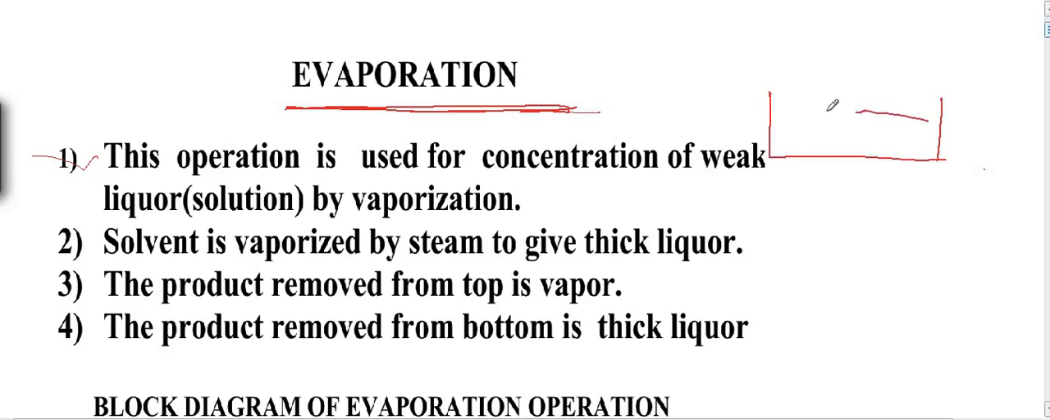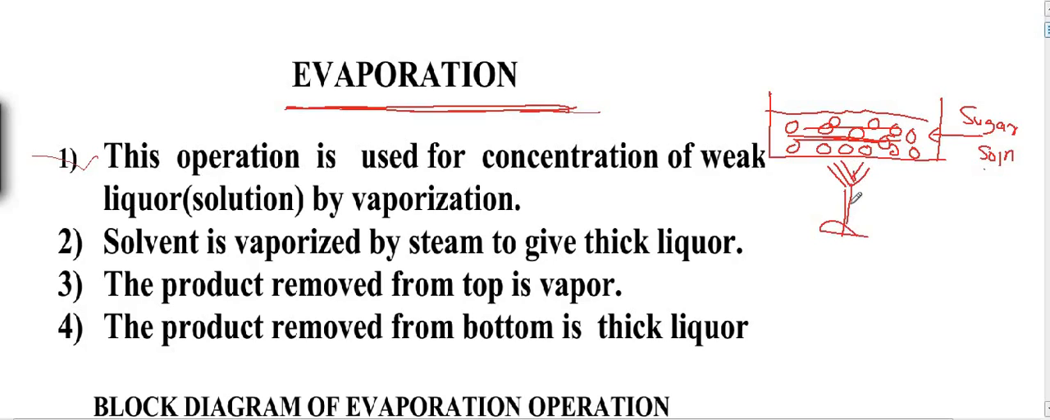Suppose we have a sugar solution. In a beaker, we have taken sugar solution. This sugar solution contains sugar molecules and water molecules, and the sugar is dissolved in the water. So water is the solvent here and sugar is the solute. When we heat this particular sugar solution,